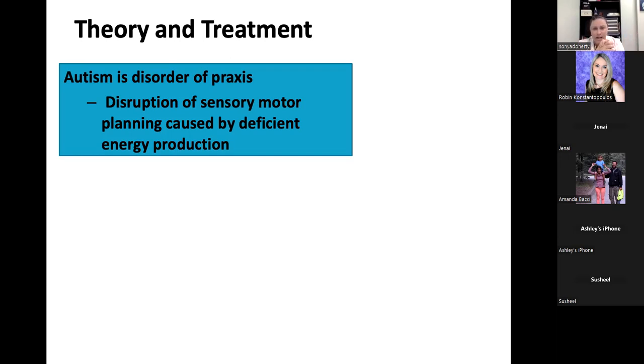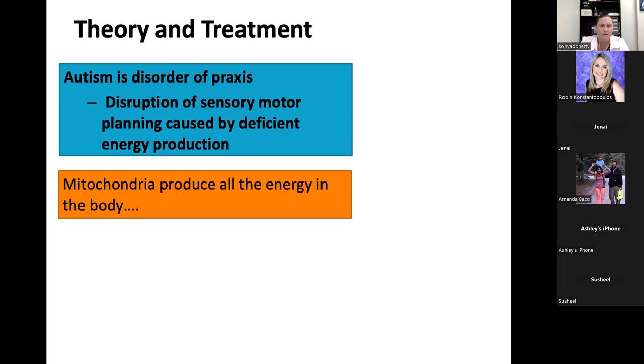okayed. And the sensory system, as we know in autism, 90% of kids with autism have sensory issues. And so this creates a disorder of praxis. It interferes with motor planning, it interferes with movement, it interferes with communicating, it interferes with eye contact, it interferes with processing visual information. And like I said, it interferes with gross motor skills, jumping, running, crawling, and even the way that our intestines function. So mitochondria are at the root of this,